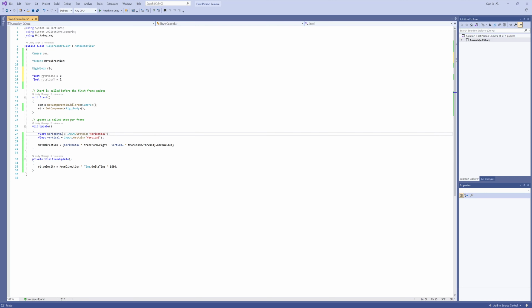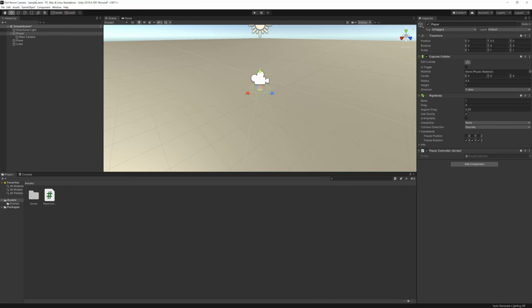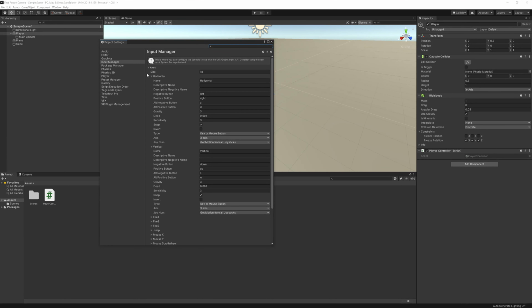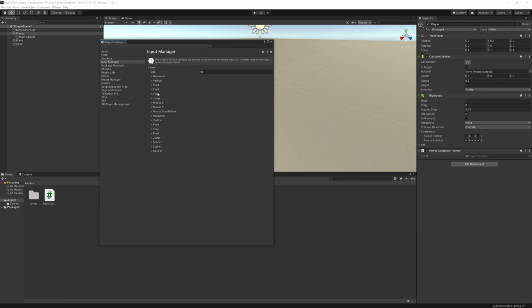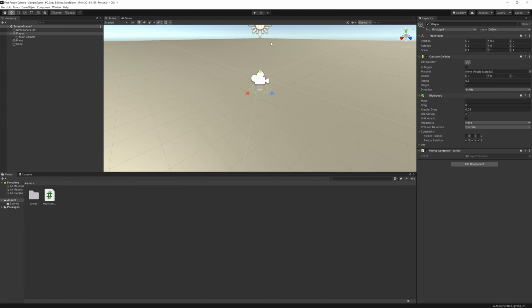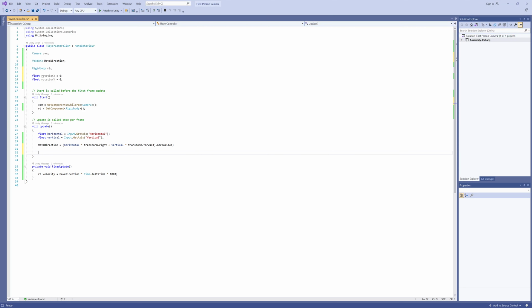So let's go ahead and after this move direction right here, we want to get two other things. We basically want to get what mouse X is and mouse Y. Well, thankfully, if we move back over here, we go back to Edit and Project Settings, and we look at Input Manager. You see there is a mouse X, which is mouse movement on the X axis, and Y is Y movement, Y axis. Well, that's super convenient. So what that means, we can get here,